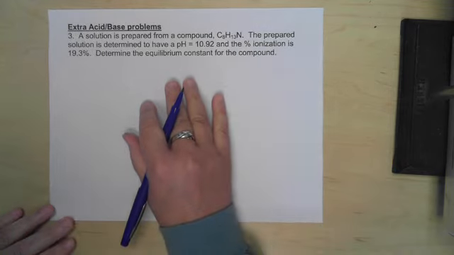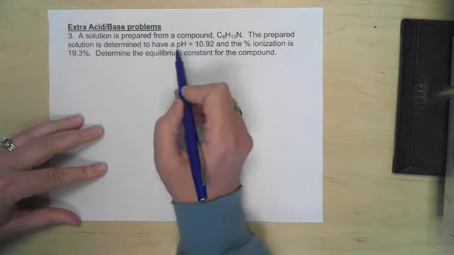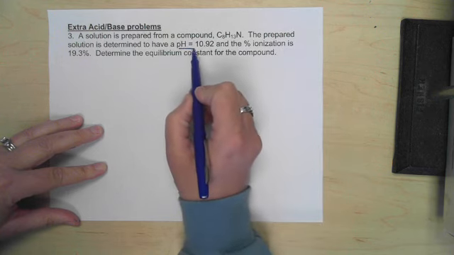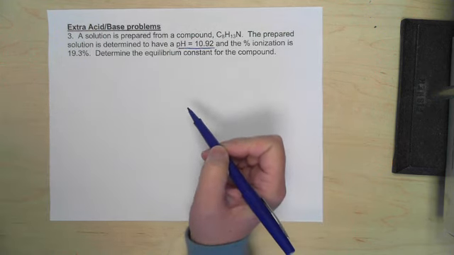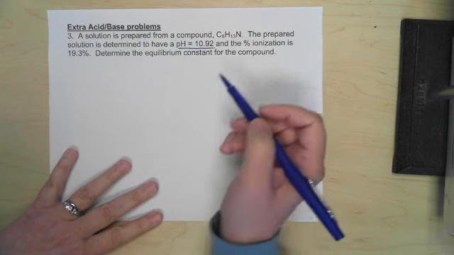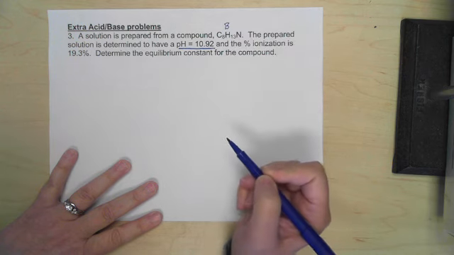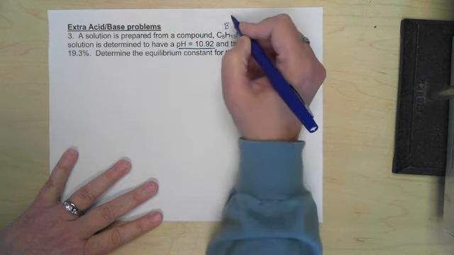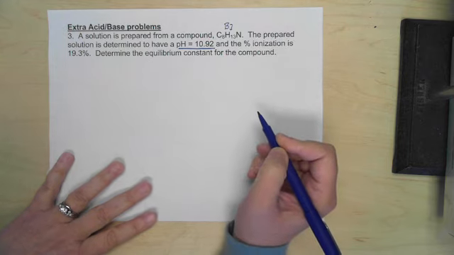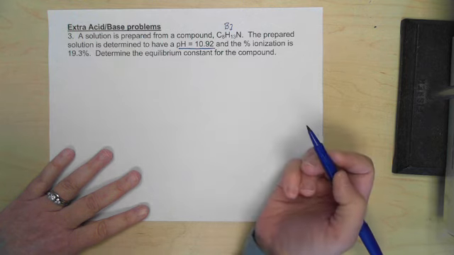Here we're going to work our third weak acid, weak base problem, except this compound is a base. We know it's a base because our pH is 10.92. Because of simplicity, I don't want to keep writing this, so I'm going to designate this species as B. Okay? So it's going to work pretty much identically to the previous problems that we've worked, which are weak acids,